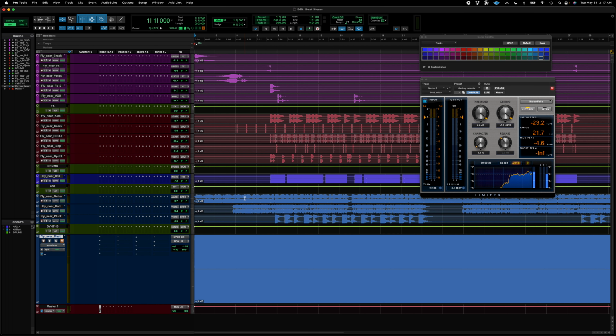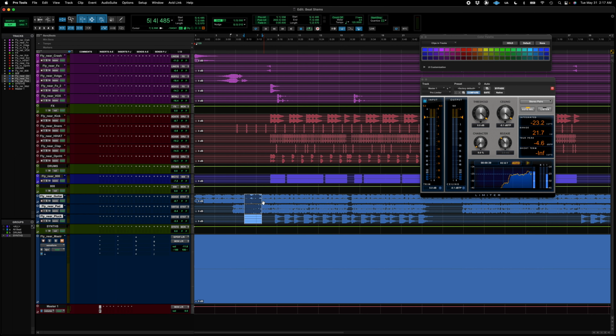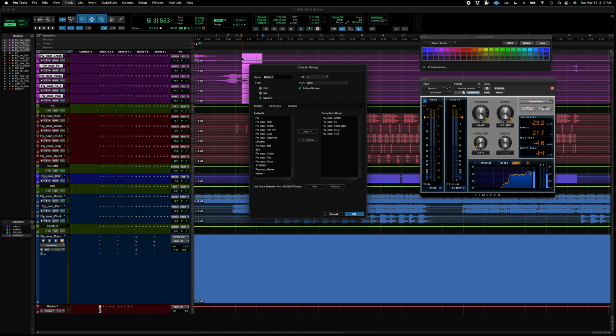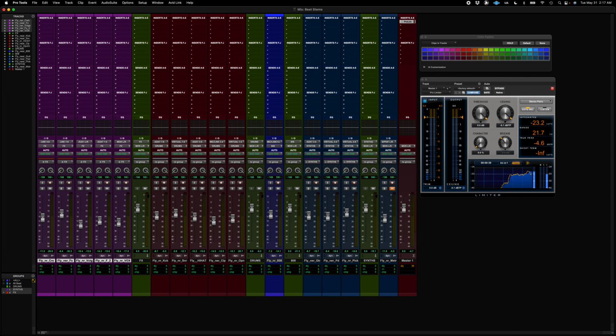So before I start doing that, I first want to add these to a group because I forgot. So I'll call these synths, and I'll put these in a group called effects. So now that I have everything in a group, I'm going to go to my mix window because it's just easier for me to see everything. And I'm going to work on this a little bit more to try to make it sound like the original mix.